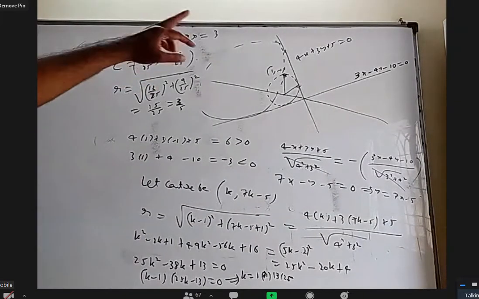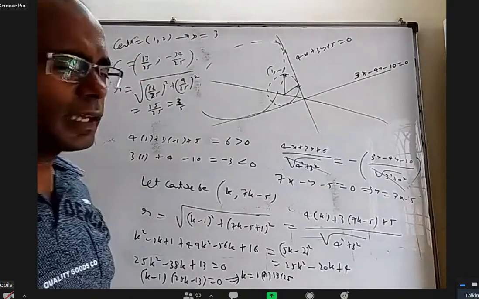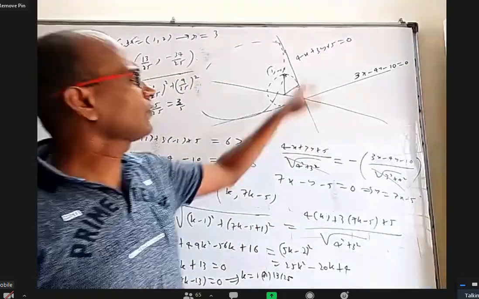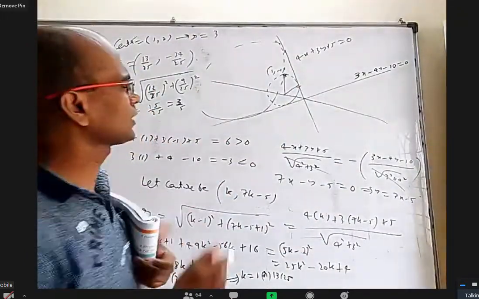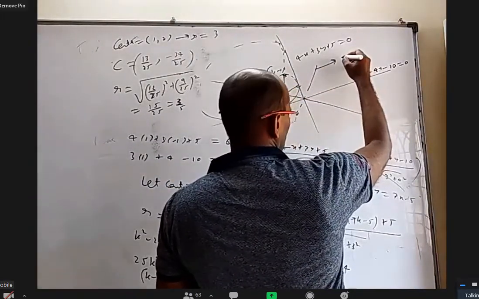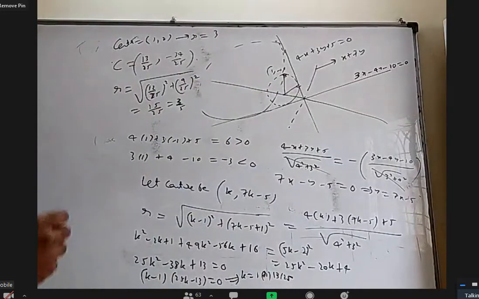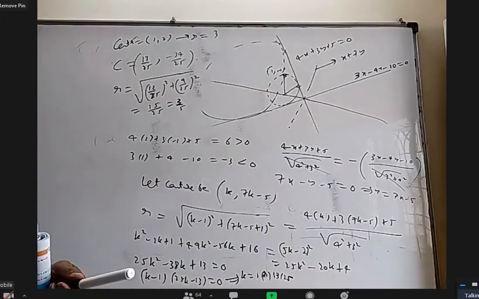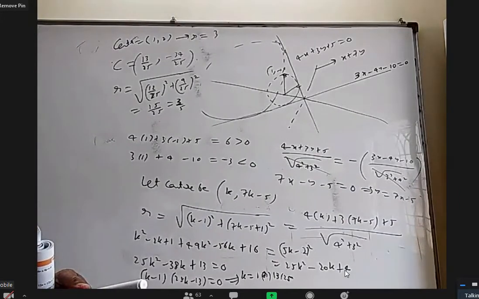Okay, so you know the center and radius, you will get one circle; center and radius, you will get another circle. Okay, so after this is over, you will write this part, that is not the beginning. One may say, I don't know whether I have to take plus here, minus here, I have to find this angular bisector this way. What if I find two angular bisectors, what to do? Don't worry, we take the other angular bisector. I can even tell you what the other angular bisector is. The other angular bisector will be x plus 7y. What is the point of intersection of these two, by the way? Minus 2 comma 1.